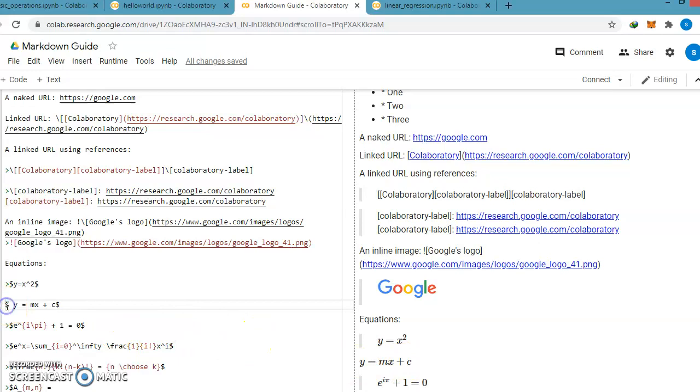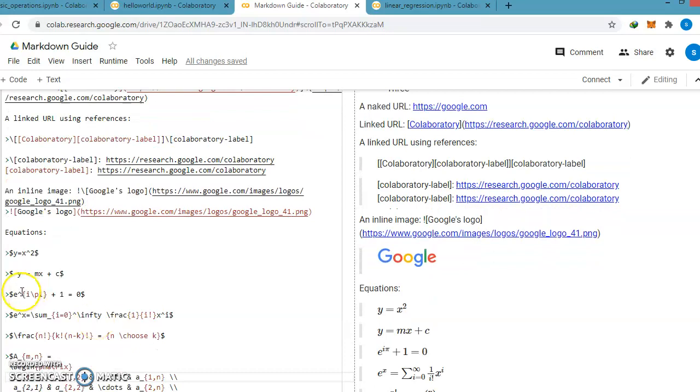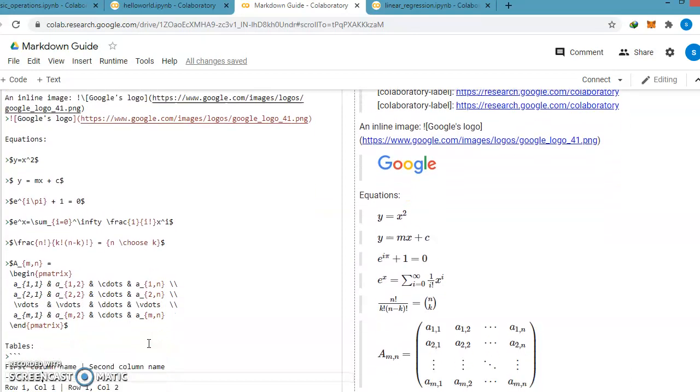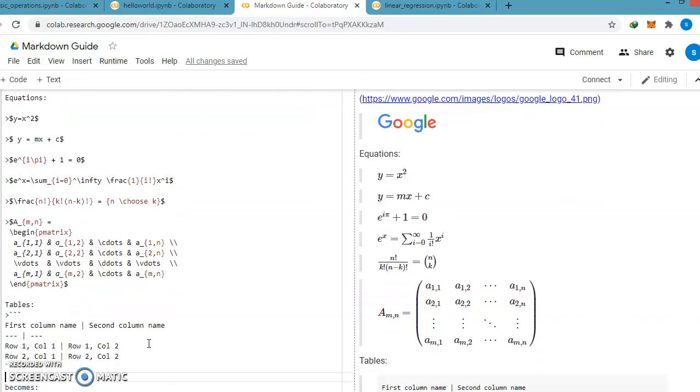And if you want to indent that text, it is simply indented. Likewise, we can do various things like e to the power i pi plus 1 equal to 0, then e squared equal to summation sign, and infinity. All the equations can be inserted easily, and it is again a MATLAB style.